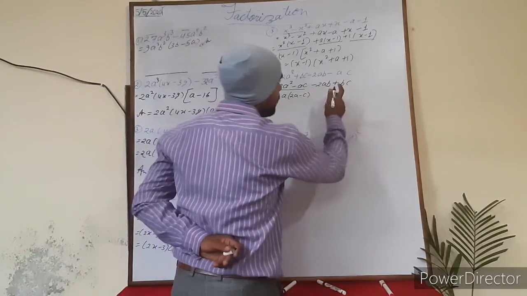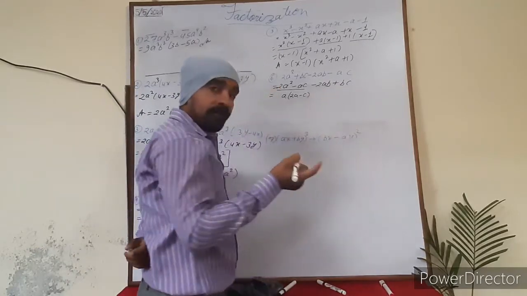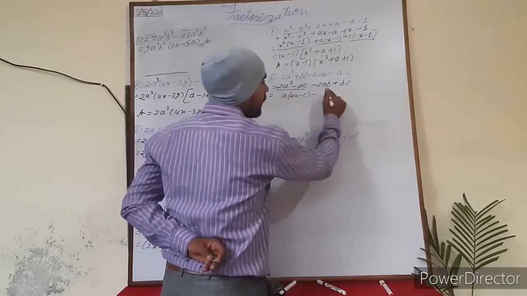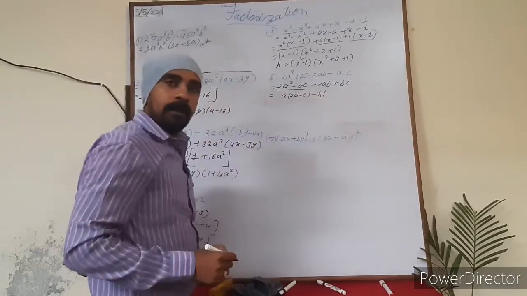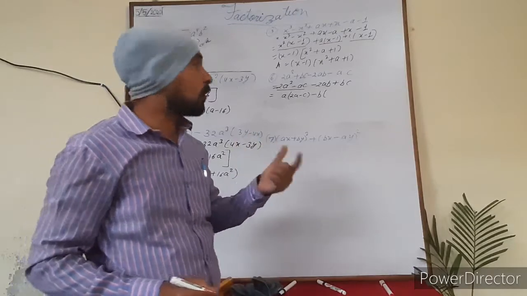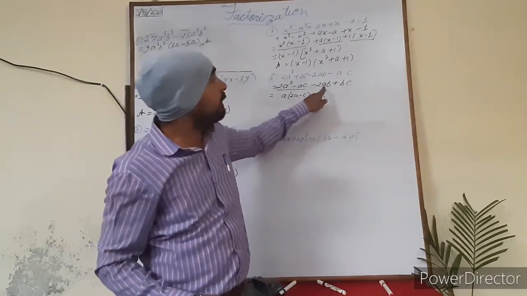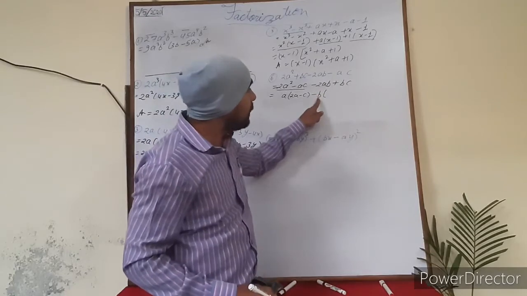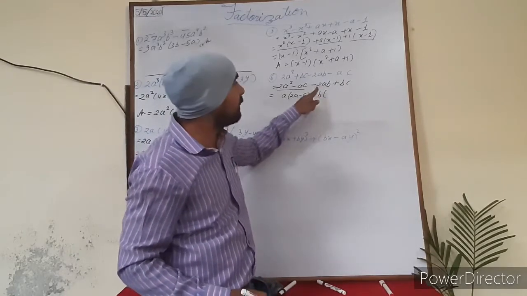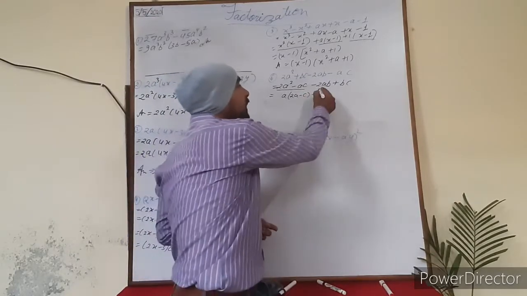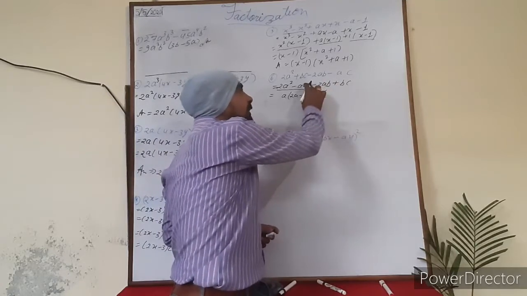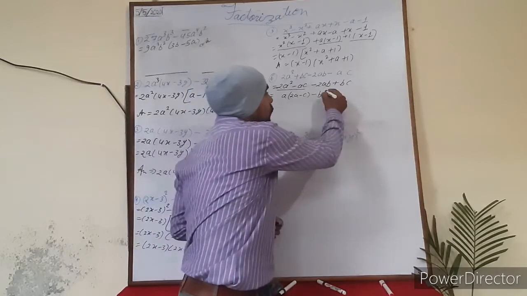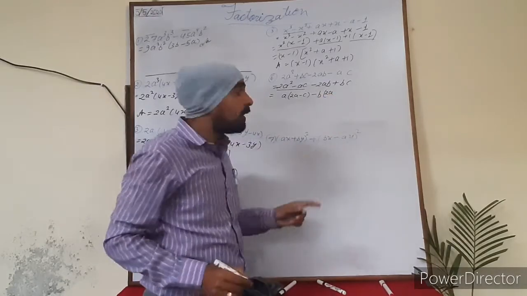After that, what is common in these two? The first sign will be taken, so minus is here. Then b is available here as well as here also, so b will be taken as common. After taking b as common, this divides this and this divides this. When this b divides this minus 2ab, b will be cancelled out by this. Minus will turn to positive 1. So this is 2a, right?